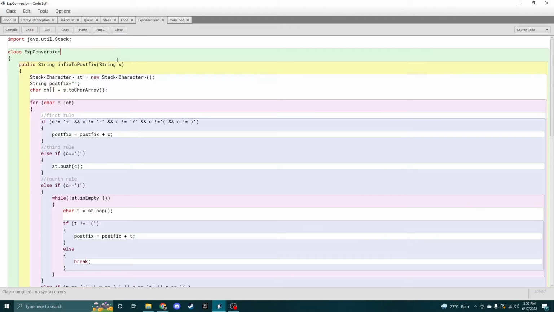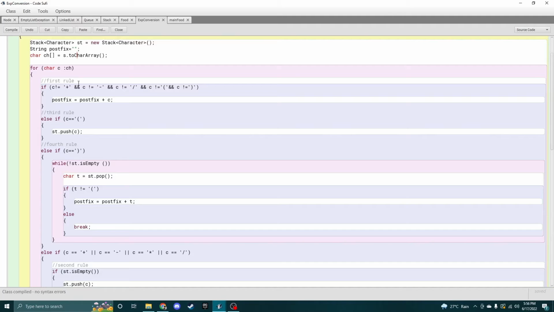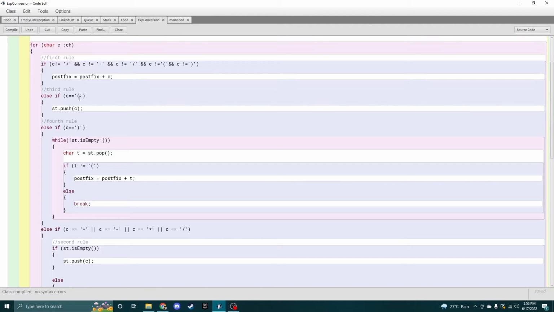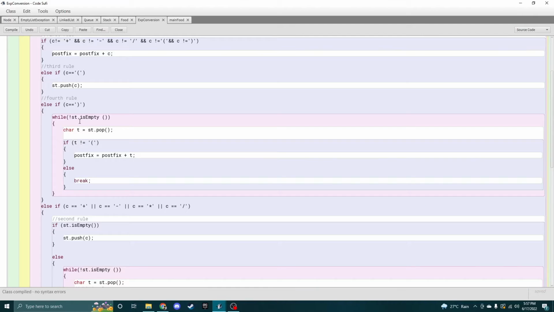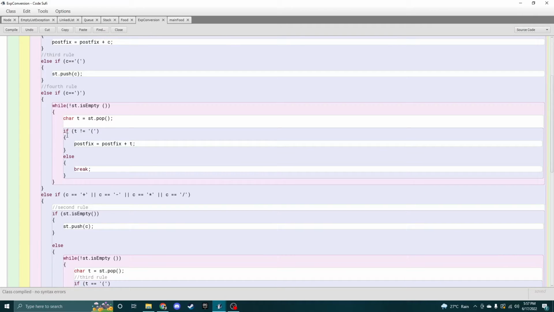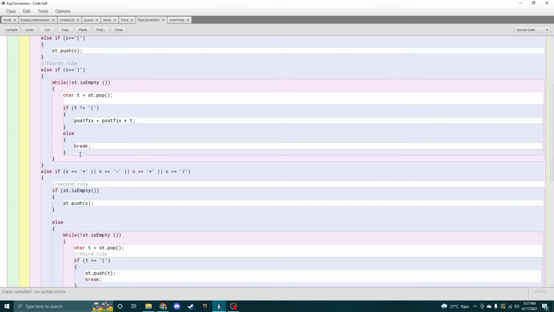Next is the expression conversion class. The purpose of this class is to basically convert infix to postfix. First of all, the string data will be changed to char data, and each of the char data will be tested. In the first rule, if C is not equal to an operator, the data will be stored in postfix. In the third rule, if C is equal to the left bracket, the data will be pushed. In the fourth rule, if C is equal to the right bracket while the stack is not empty, it will pop. And if T is not equal to the left bracket, T will be stored in postfix, else it will